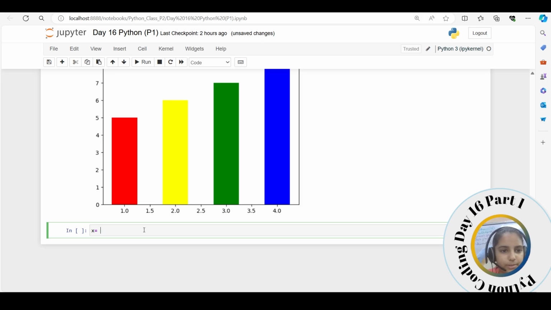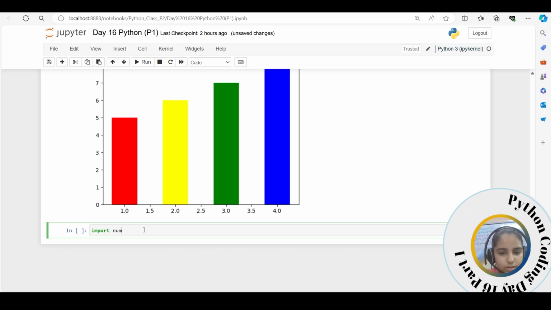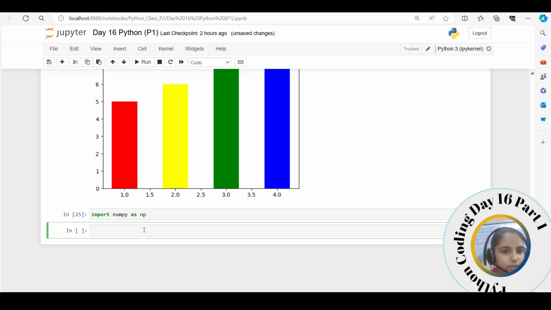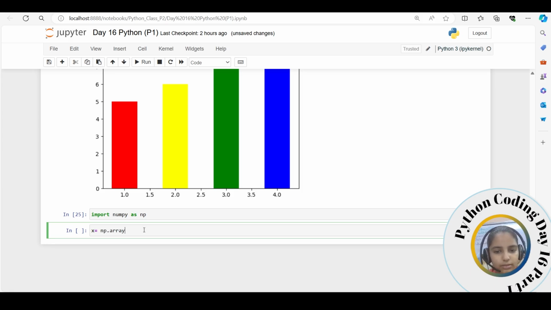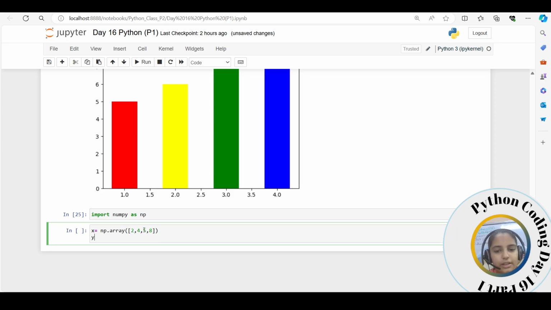First we have to import numpy as np. Now we will write over here, in the x-axis we will make an array, np.array, and with some maybe random values we can give, like this, and y-axis